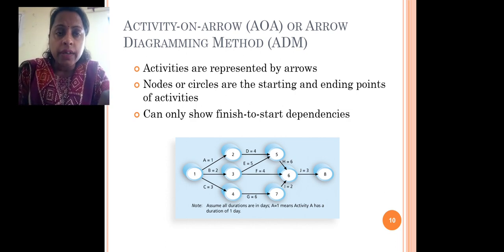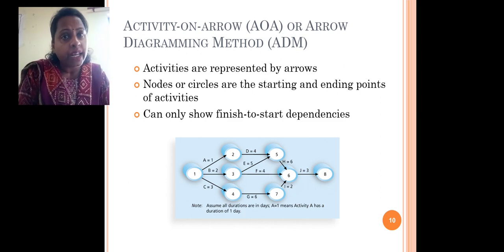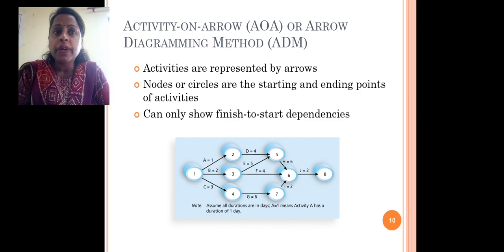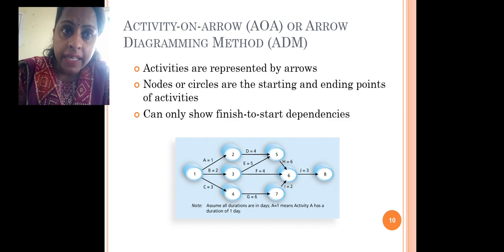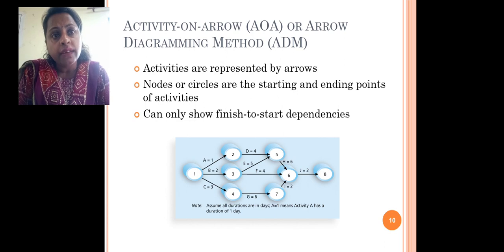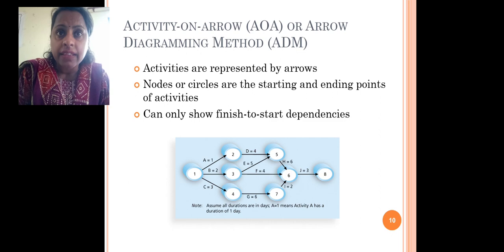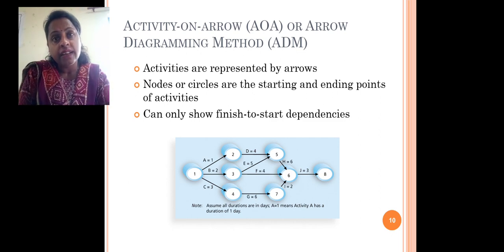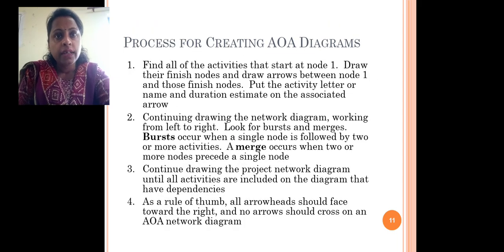So from this diagram you can understand that there is one starting point of this diagram and there is one ending point. So event number 8 is the ending point. Now there are ways: 1, 2, 5, 6, 8; 1, 3, 5, 6, 8; 1, 3, 6, 8; 1, 4, 7, 6, 8 to reach event number 8. So there are 4 ways, but which one is the critical path? So we need to understand the concept of critical path.